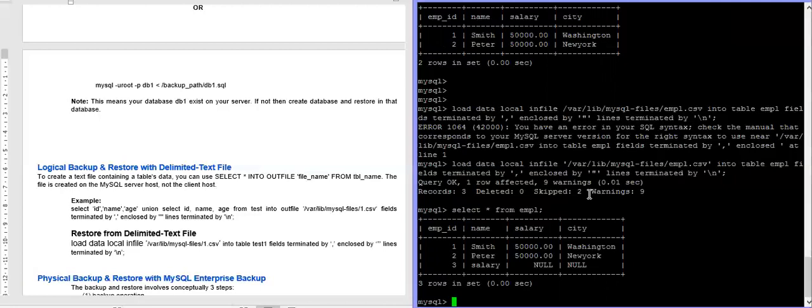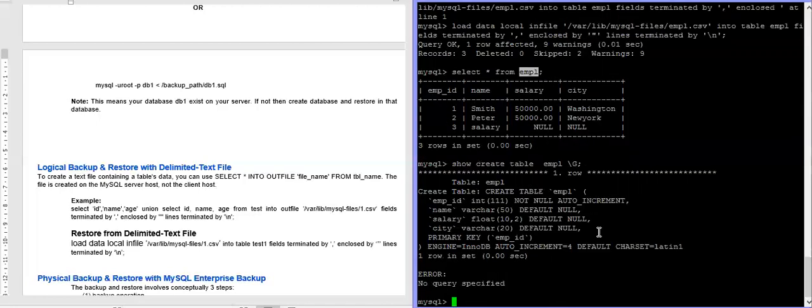Because our file has a heading and we will have to ignore the heading, and because empid is auto increment, that's why the id has come. Yes, auto increment, that's why we missed it.